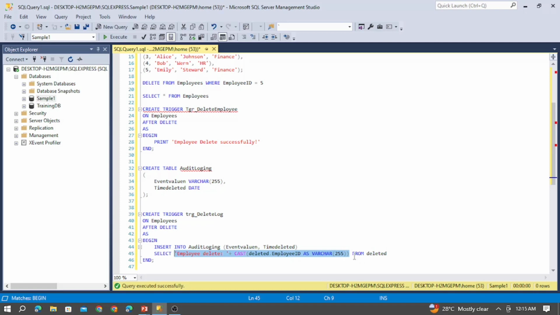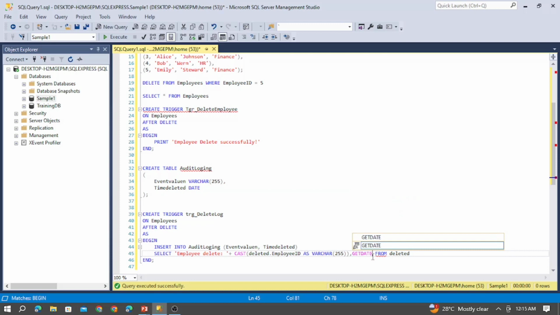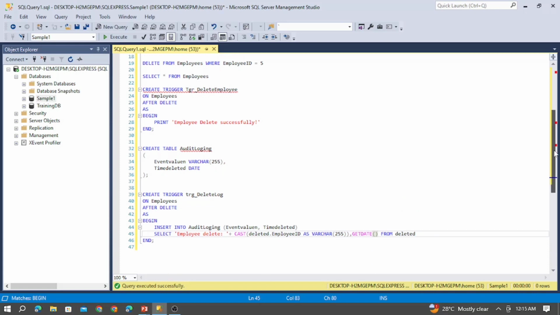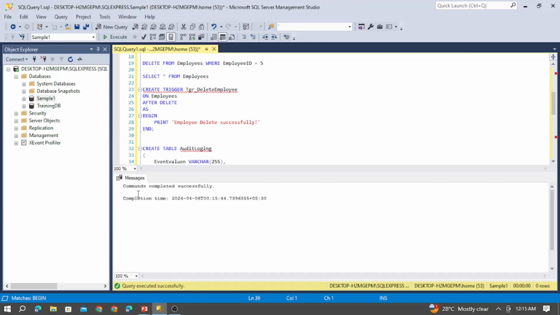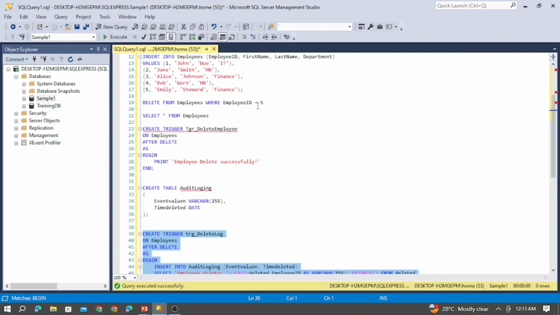So here, along with this, I need to pass the value for the deleted time. For this I can provide the getdate function. This inbuilt function selects the current datetime value and provides the current timestamp to the time deleted column. So now let me create this trigger. Now the trigger got created. So now I am going to delete the employee